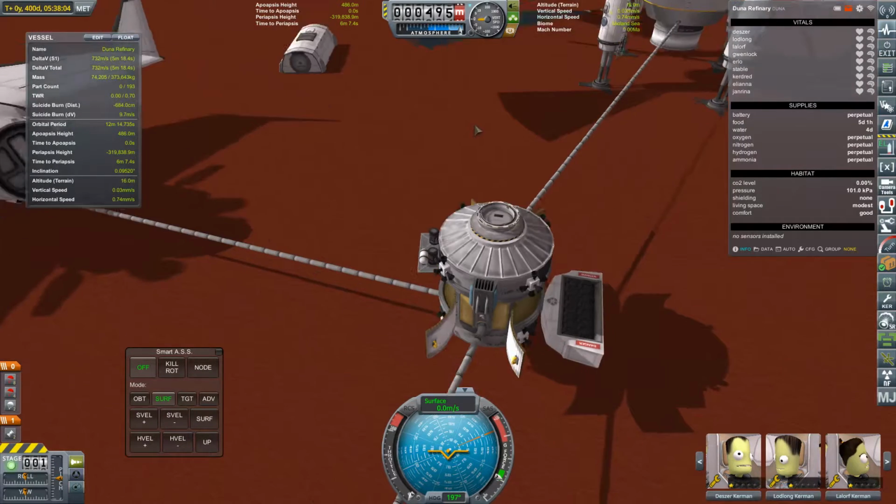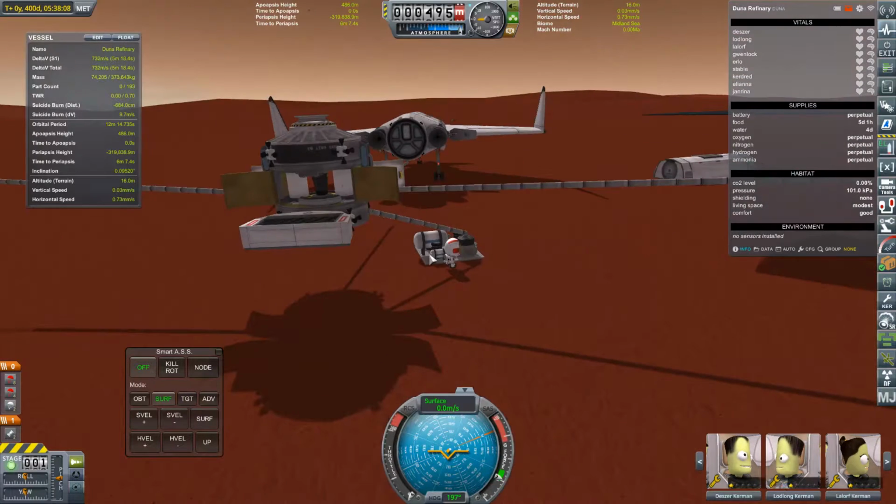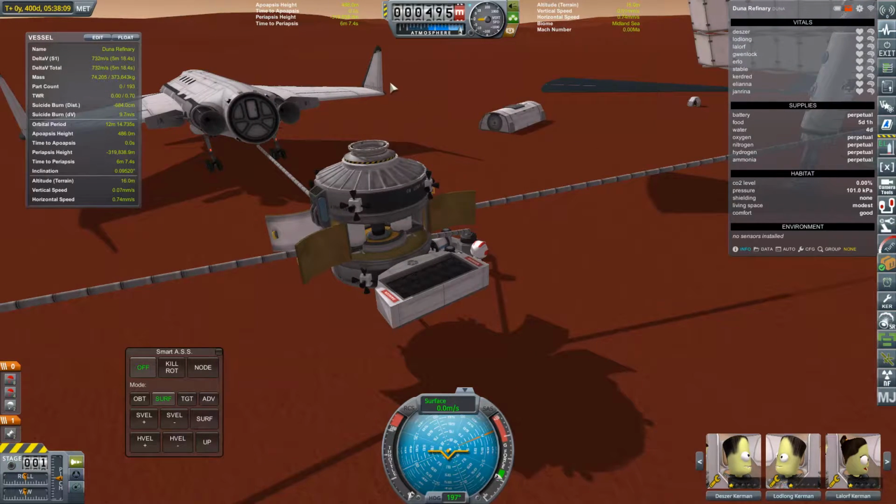Why has our food gone up? I have to go back and check them numbers, cause it only said we had like 2 days worth of food left. I've only got one Kerbal out. There's no one else. All the rest are in there. So